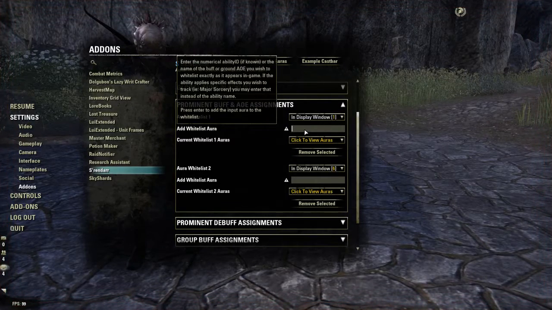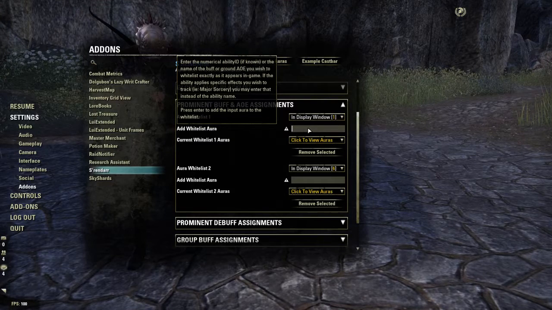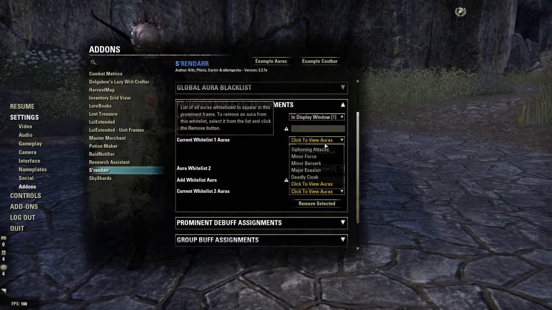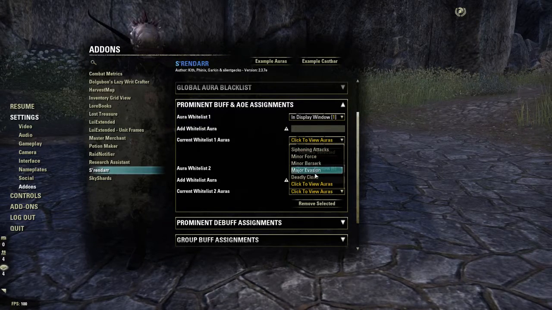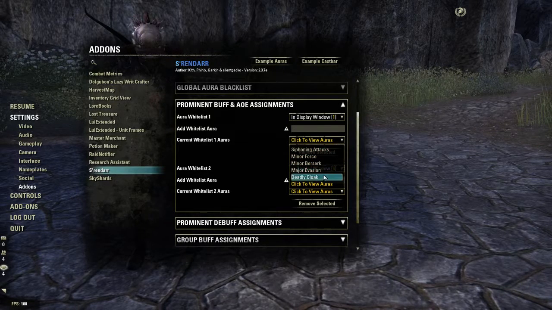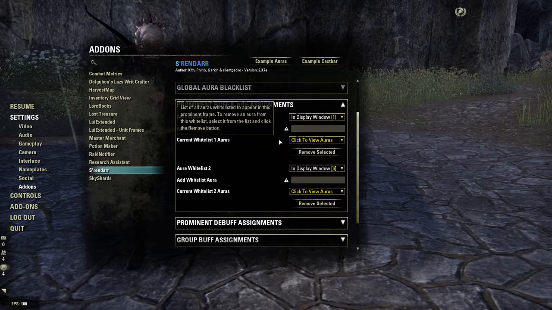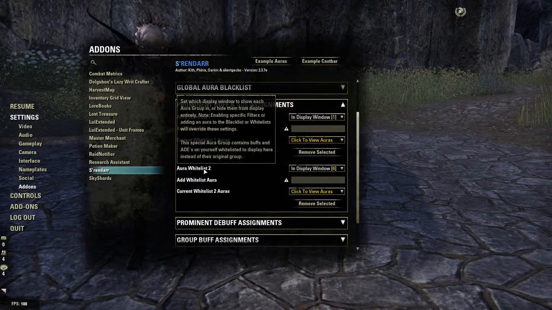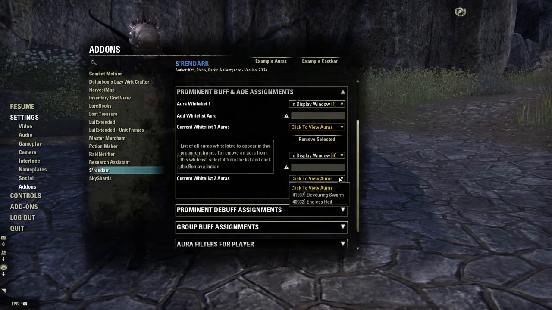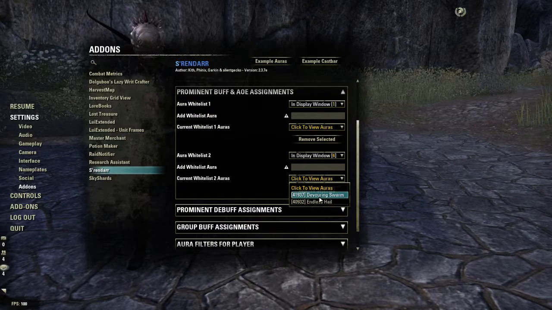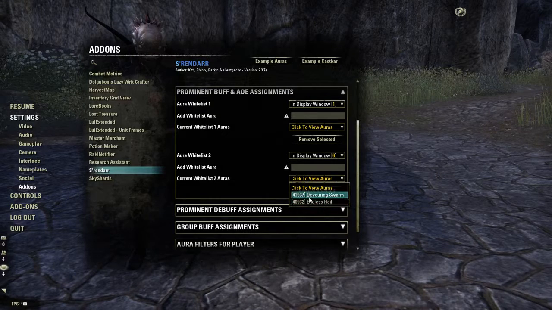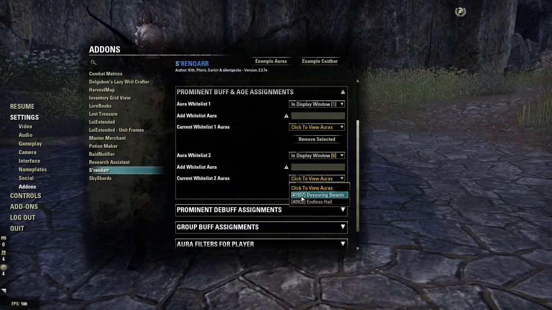So what you're going to do is type the skill name, or the ability ID, in this box, and it will display down here like mine do. These are only my buffs I decided to put in here, and you can put your attacks, your buffs, your food, whatever you want in here, but I like to separate mine. So my whitelist number 2 is actually what is going to hold my damaging abilities that are AoEs. It's specific to AoEs. And again, here you can see that I had to use the ability ID